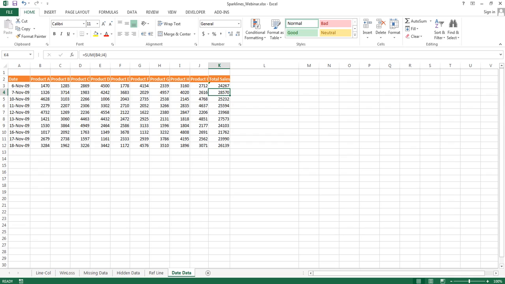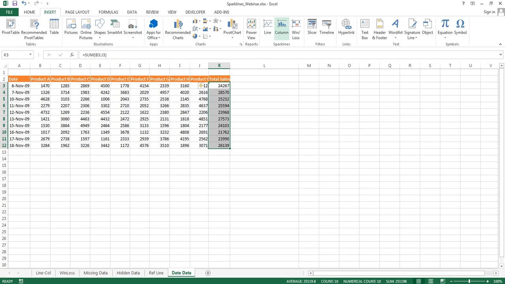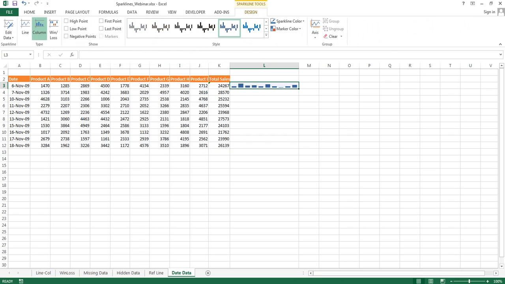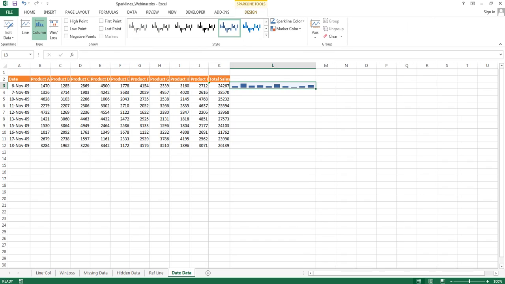What I want now is a single chart. I don't want multiple spark lines. I want only one spark line, and that is going to be a column chart, because over here what I'm trying to do is compare the total sales that we have done on individual dates. Now let's start. Again, I have to select the data. Which data will I select? Since I'm only plotting the total sales and I'm trying to compare the total sales of various dates, I'm going to select the total sales data. Go to insert, go to column, select one cell for showing my chart, click OK. So this is the chart type that has appeared.